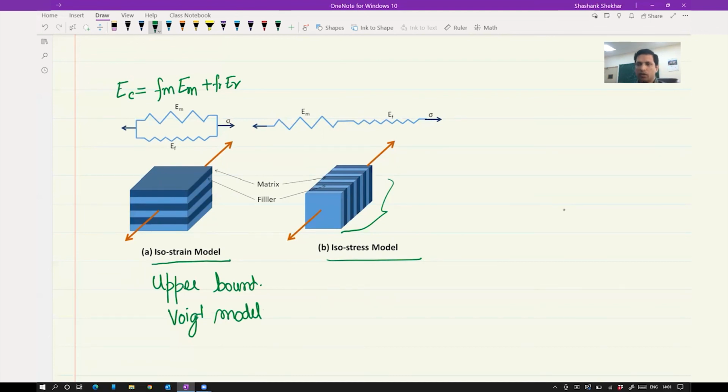The other one, which is the IsoStress model, is also called the Reuss model. It applies when the modulus is to be measured and the strain is not expected to be uniform, as you can see in this particular case, but the stress is constant. Then one can treat this model as a series. And very easily you can show that EC, I will put a prime here to show that it is perpendicular and different from the other one, would be given by